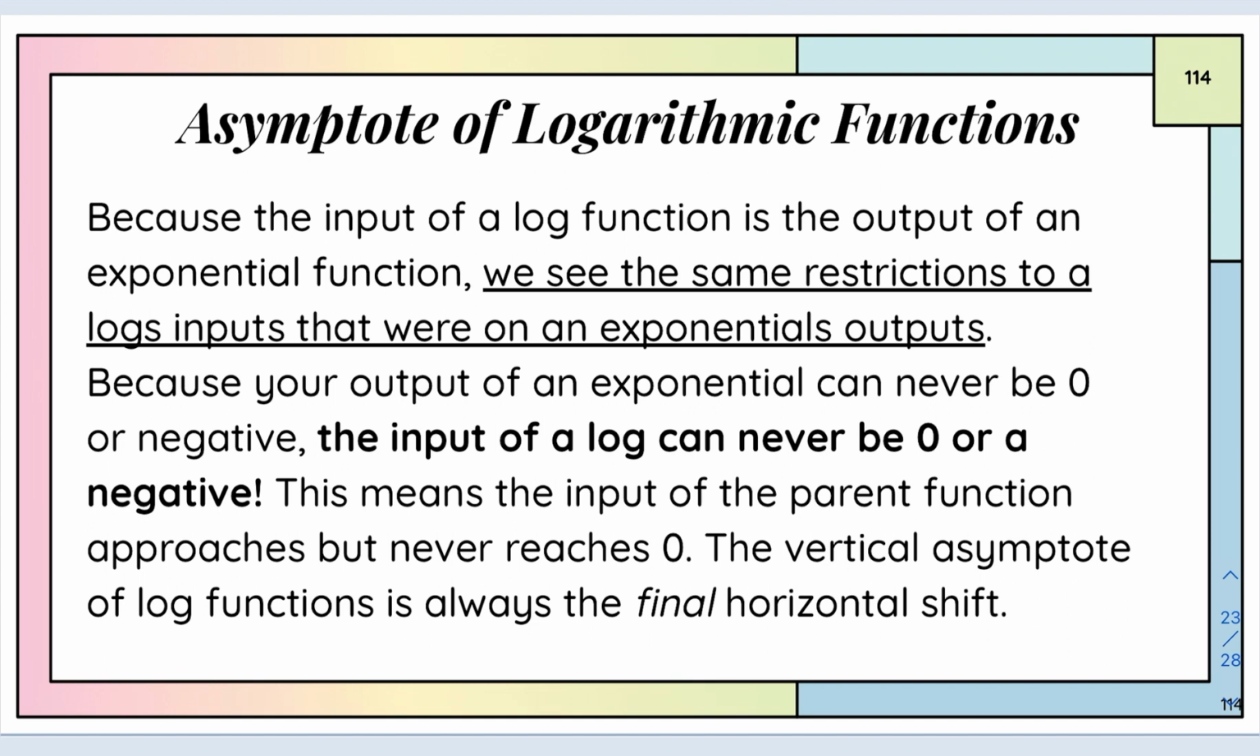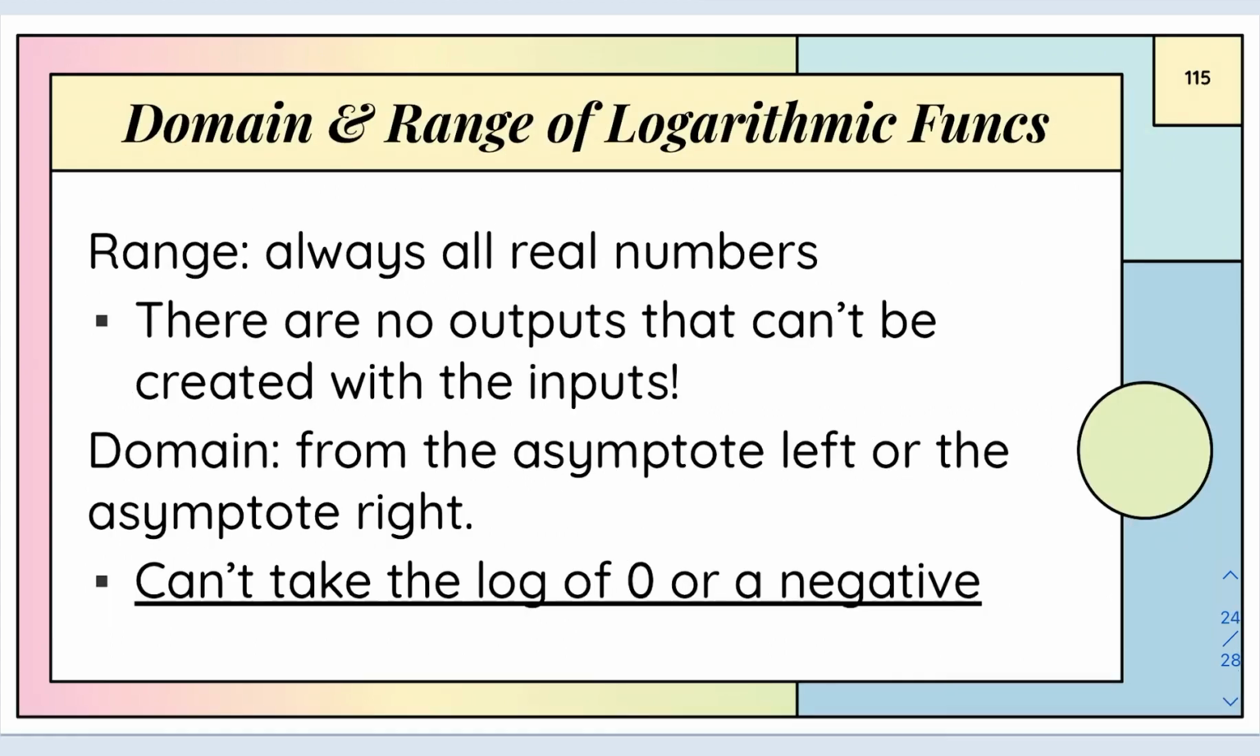Here is some information about the asymptote. I talked about it on the other slide, though. And here's some information about the domain and range. So in this case, the range is always all real numbers, right? The range is going to be all real numbers because the domain of an exponential is all real numbers. And we know that inverse functions, inputs and outputs switch. Okay? There are no outputs that can't be created with the inputs, but that's kind of weird to think about. So usually I just think of it as the opposite of